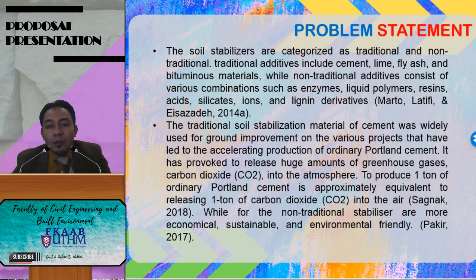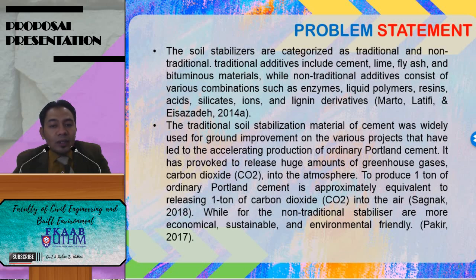For the problem statement, soil stabilizers are categorized into two: first is traditional, and second is non-traditional. The traditional additives include cement, lime, fly ash, and bitumen material, while the non-traditional additives consist of various combinations such as enzyme, liquid polymer, resins, acids, silicate, ions, lignin, and lignin derivative. For traditional soil stabilization, material like cement was widely used for ground improvement on various projects,